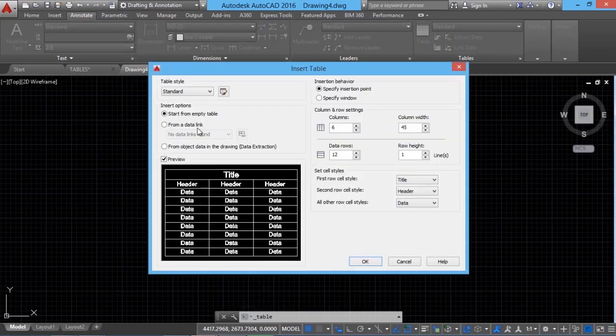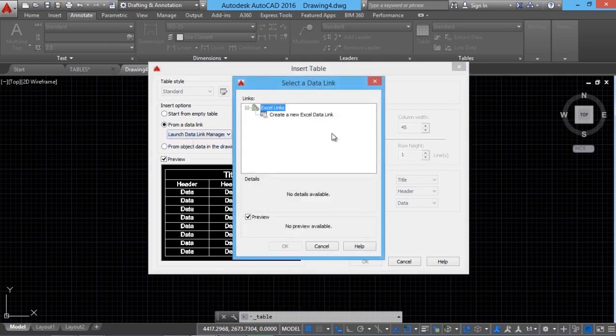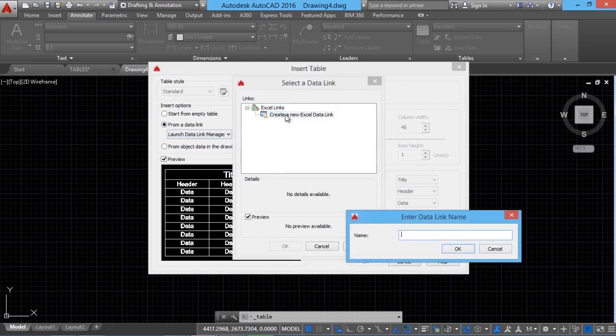In the insert options, we have used start from empty table previously, but this time I'm going to use from a data link. Now just click on launch data link manager. Now you will get a data link manager dialog box. Here you can click on create new Excel data link and you can give just a name to identify that link. I'll call it as my link